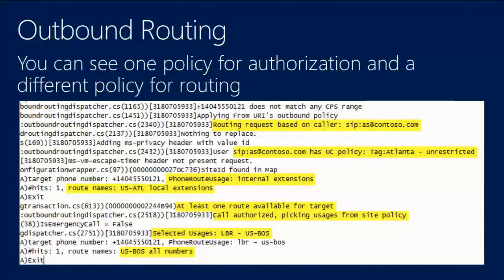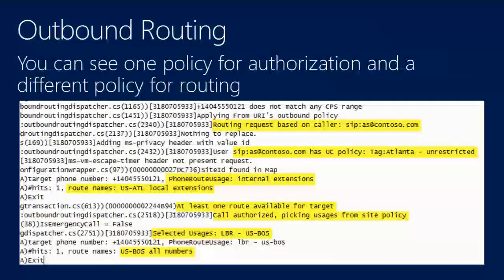using this route, USATL local extension. Now it flips through and goes, oh, wait a second. At least one route available for target. Call authorized, picking a usage from the site policy. We found that you're in a site that is enabled for location-based routing, which has a voice routing policy assigned to it. This is going to trump what you did up here. So I know you wanted to go out via USATL. Sorry, you're going to go out via Boston because you're in Boston and you're required to go out the Boston